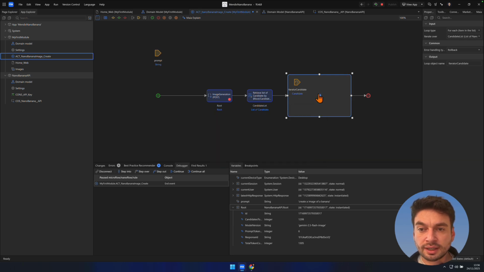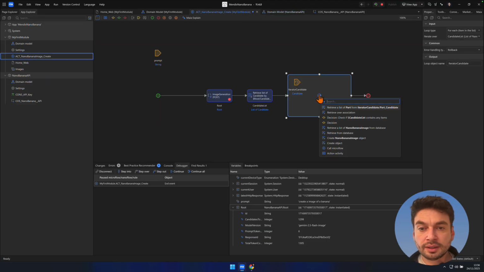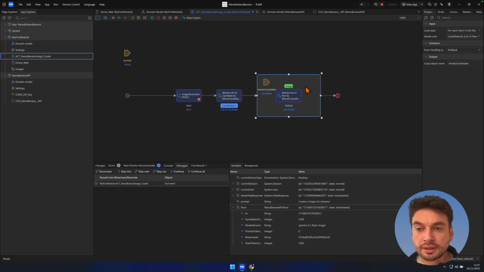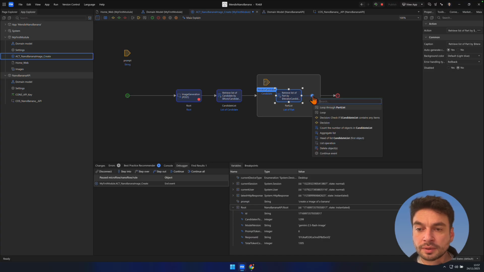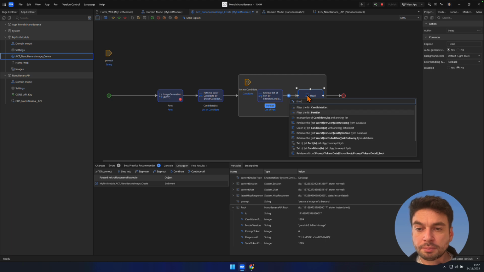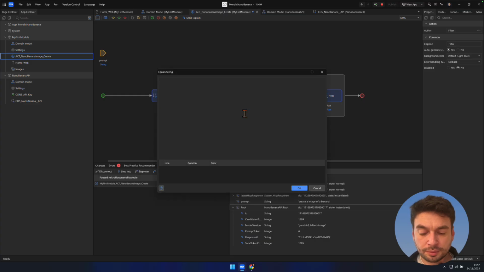And in that candidate list, so I'm right now here, then I'm getting to the candidate, and here is my data in the part. So I'm gonna go back in here and then retrieve a list of part. And then what I'm gonna do is take the head of list of part, not the head actually, let's do it differently. I'm gonna filter the part list. I'm gonna filter it by data, which is